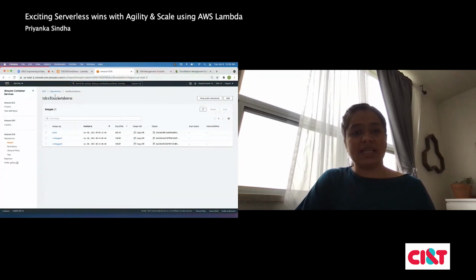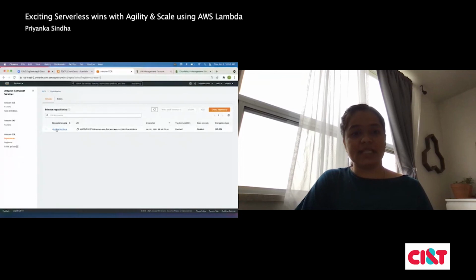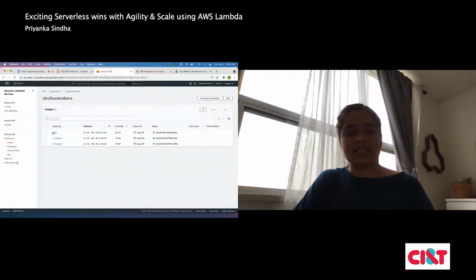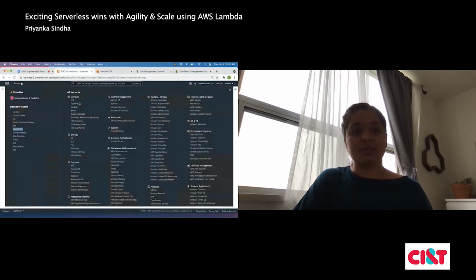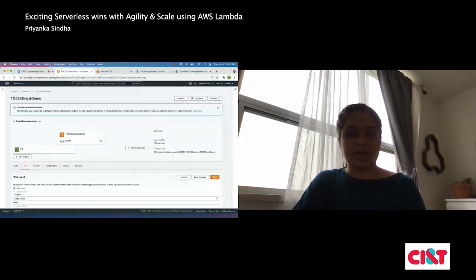When you tag the image, the first tag goes here, and the second tag is latest. So don't use these two, use the latest one only. You can tag it a different way, but this is the most basic way to tag the image, and the function will have the URI pointing to that code in here, and it does all this on its own.